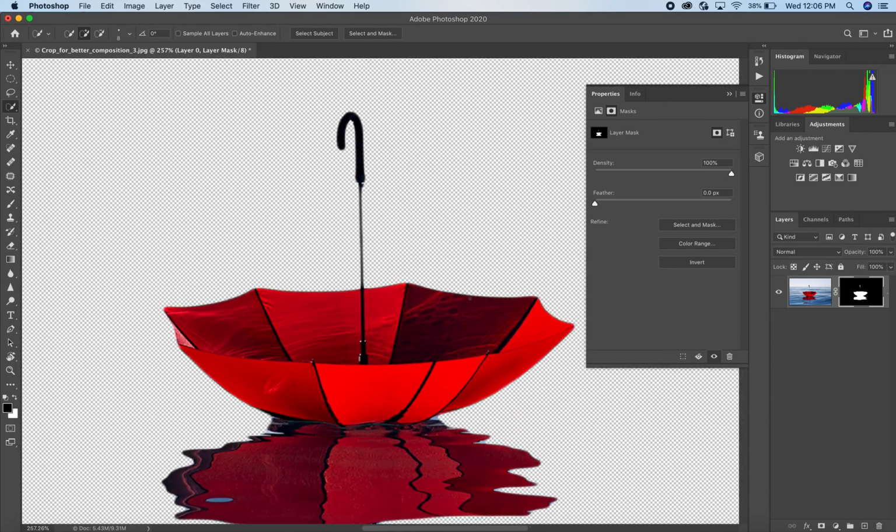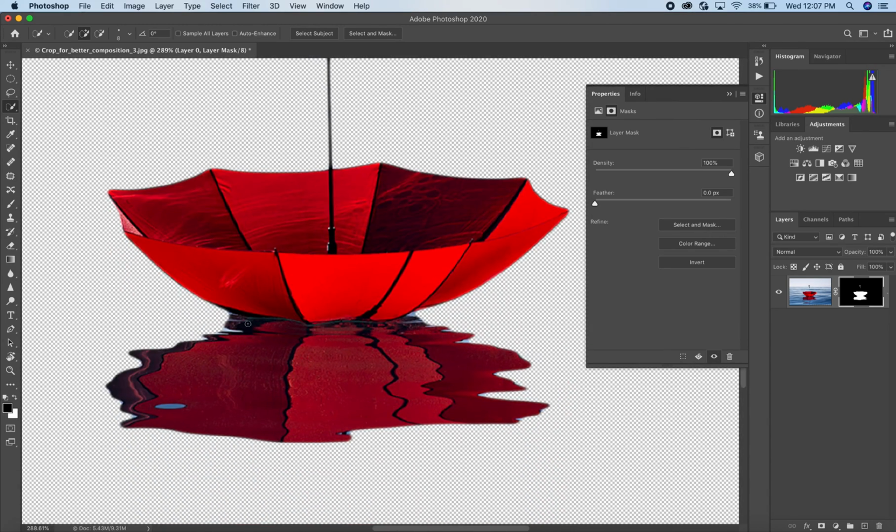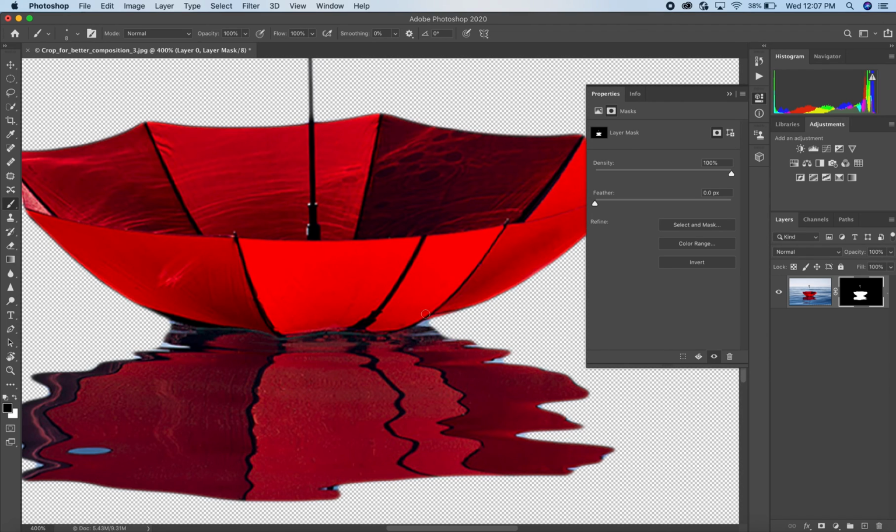And I could come in here and zoom in a little bit and paint away, hitting the B key and then a small brush, some of these areas that might be giving me a problem. I could come in here and paint away with black these specific areas here and really fine-tune what is happening in these parts of the image. So this is just for demo, but